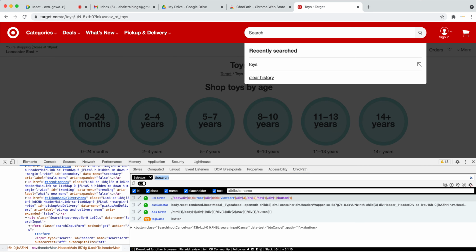There is a problem when we use this XPath. What is the problem? The problem is we are finding this button using some divs. If the developer adds or removes any div in the code, when they do code review or add enhancements, they'll add more divs under the body, under the div.